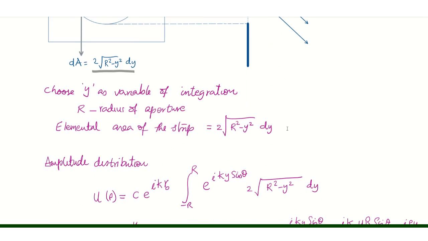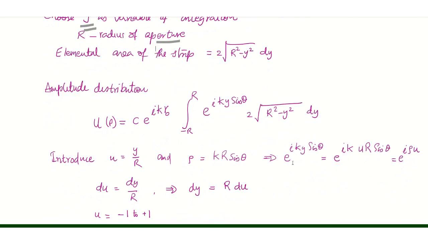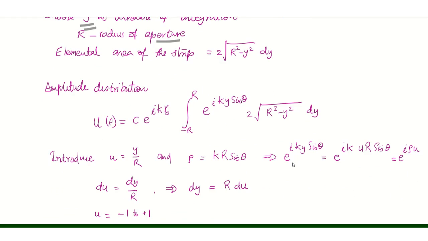And therefore we take y as the variable of integration, and dA is this one, and r is the radius of the aperture, and therefore the amplitude distribution, again as I keep reminding you, is e to the power i k r dA,